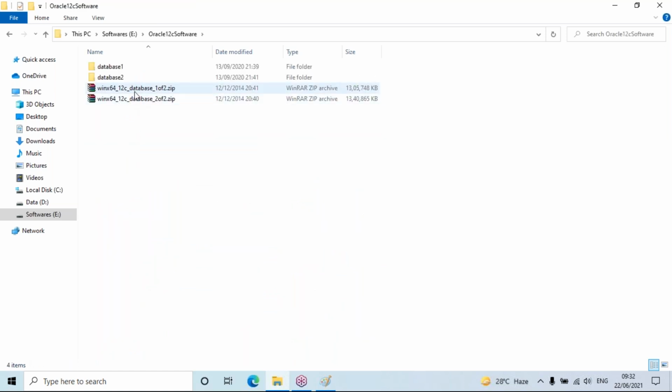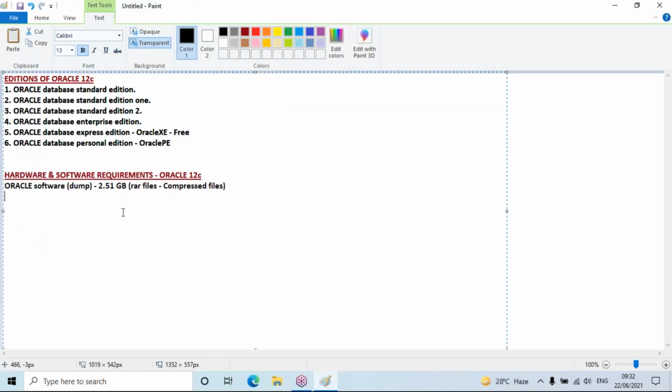When you open it, you will get these two RAR files. One RAR file is 1.24 GB. One more RAR file is 1.27 GB. That is the reason. Approximate value I have mentioned here, 2.51 GB.